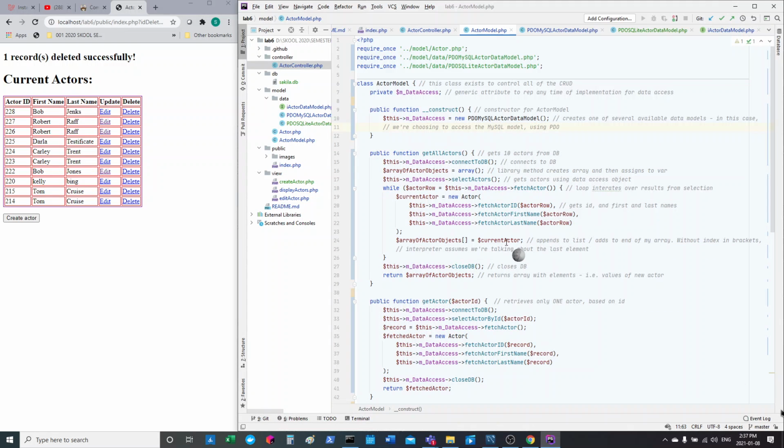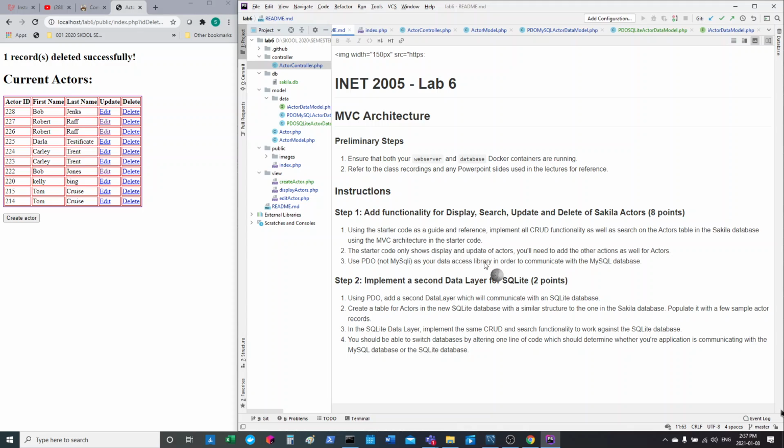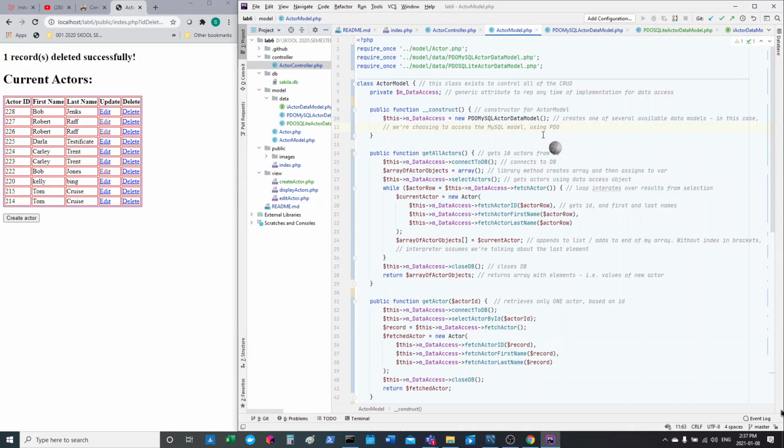Oh, hi again, Michael. This is step 2, implementing the 2 different databases. So at the moment you can see the MySQL data model. But if I want to change that, then I would just go into here, and you can see here it's creating the MySQL data model, but I'm going to change this to